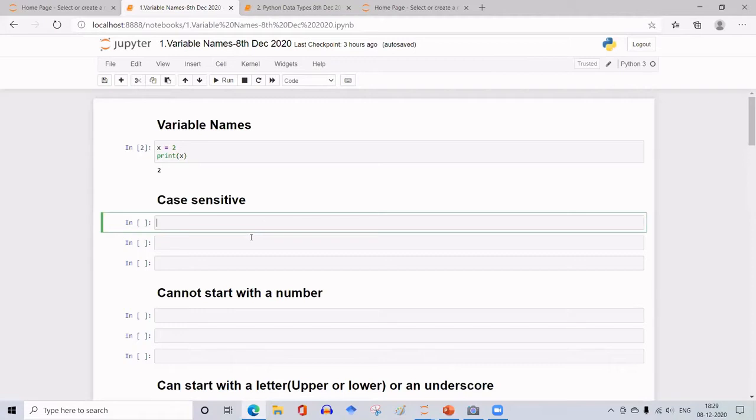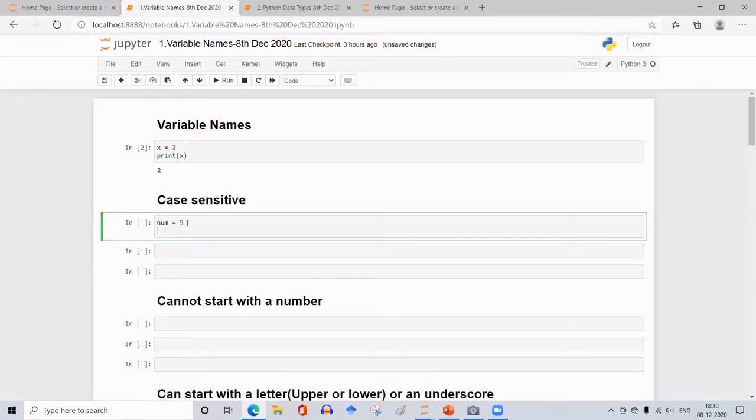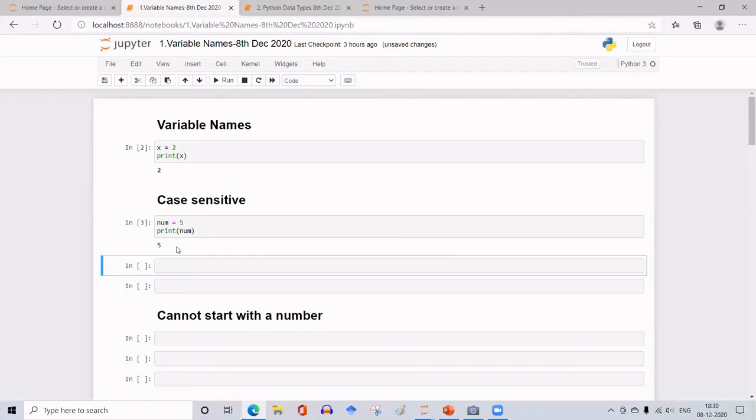So suppose if I write num is equal to say 5, all small letters. This is a variable name created with all small letters, equal to 5. So if I print num, it will give 5.